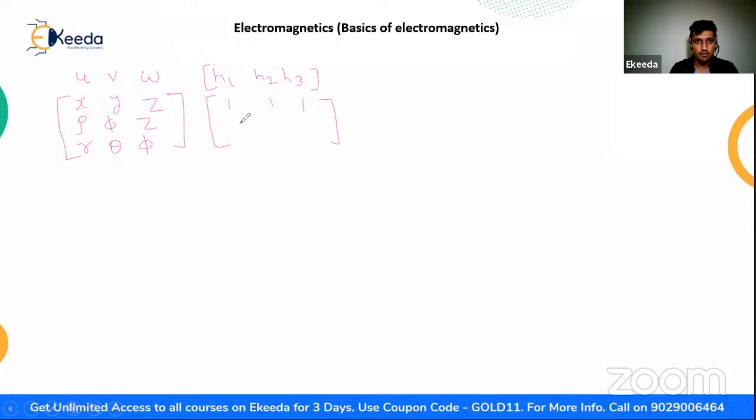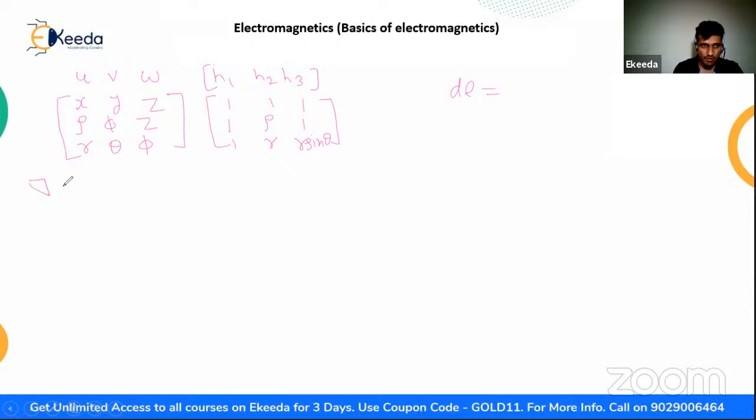From where are these h1, h2, h3 taken? From what we derived in the last slides, from dL. In dL there were only 1, 1, 1 coefficients for dx, dy, dz, and there was 1, rho and 1, and in the spherical case this was r in the theta direction, and in the phi direction this was r sine theta. So you just need to remember this. You just need to remember h1, h2, h3. What is the value of h1, h2, h3 in x, y, z, in rho, phi, z, and in spherical? Now there are common, or you can say generalized